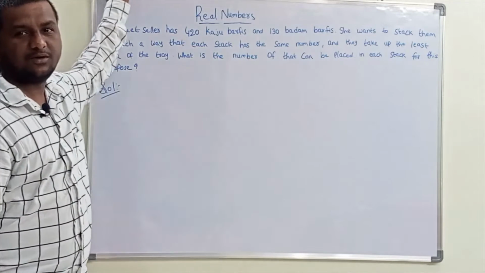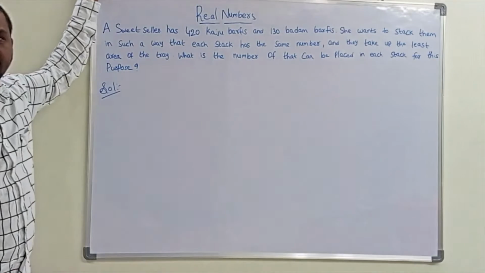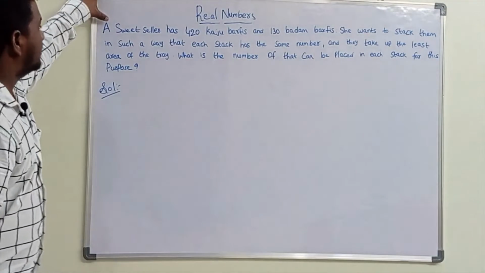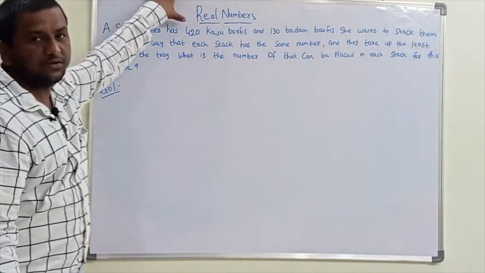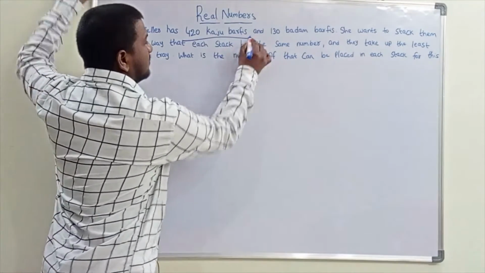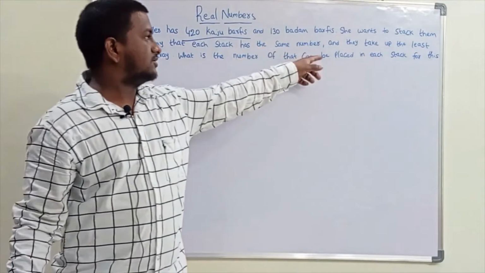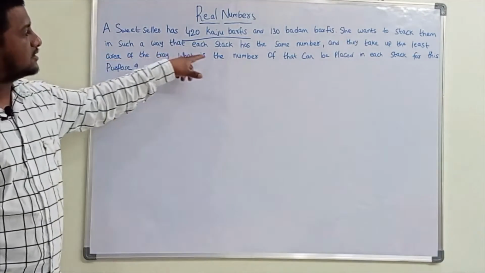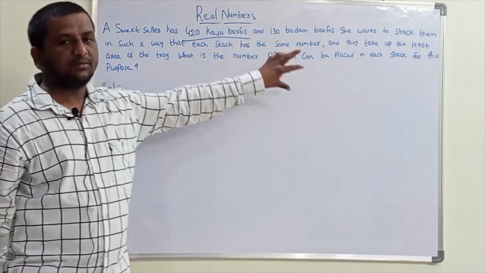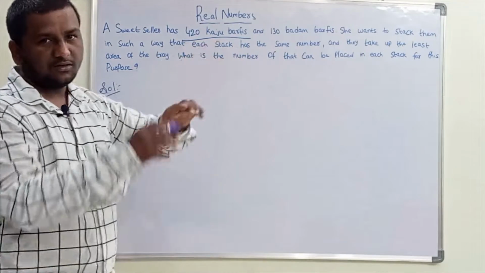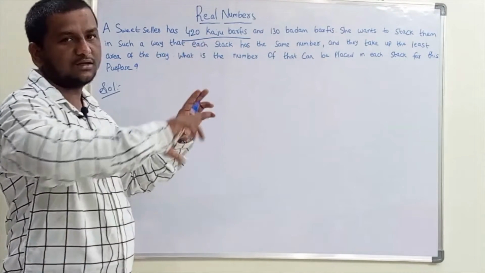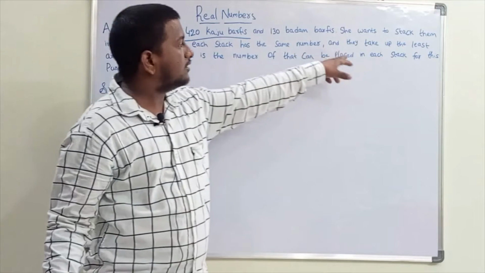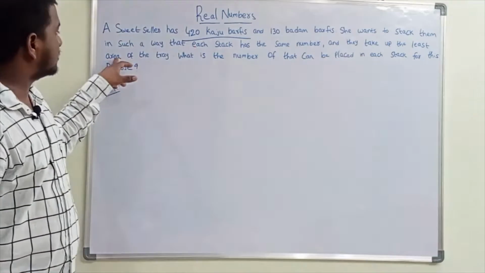Let's see another example of HCF. This is another practical example. Let's read this out. A sweet seller has 420 kaju barfis and 130 badam barfis. She wants to stack them in such a way that each stack has the same number of items. I mean, one stack of kaju barfis, another of badam barfis, and they take up the least space of the